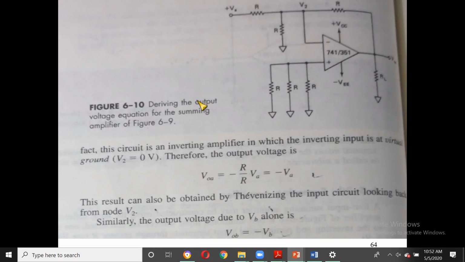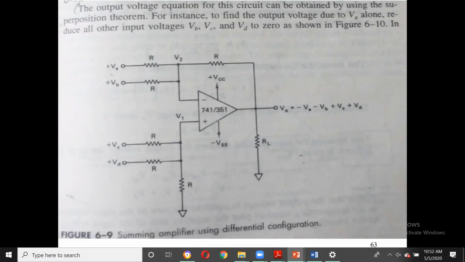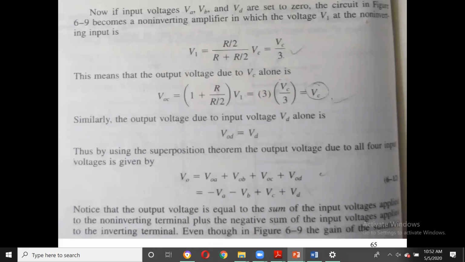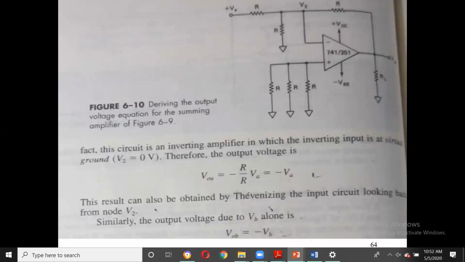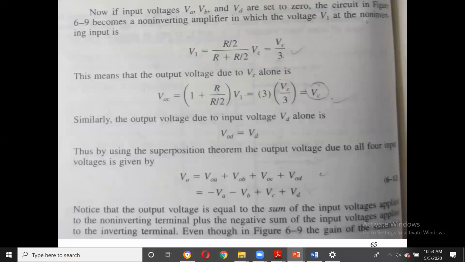Then you can have a different type of derivation. We have put all this, but it's just the same, no difference. So let us not bother about that much. It is straight away, as I have explained to you. That means when these two are connected to inverting, then they'll become negative. When these two are connected to non-inverting, they'll become positive here. Okay, the derivation is given for that, and you can go through that derivation by seeing the book, or you can stop the video and go through that, right? I'll not do the derivation here because the explanation is sufficient.